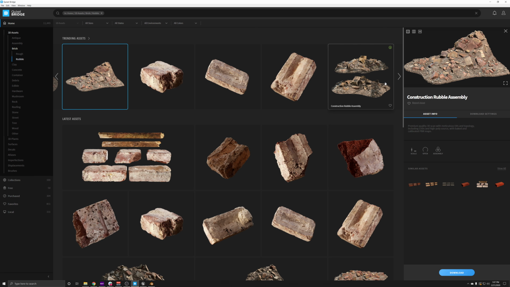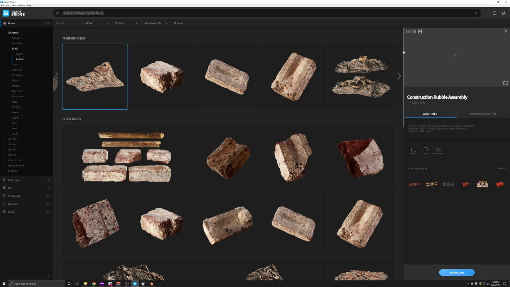And then once we select it, we have the preview panel here that pops out on the right that you're probably used to. This preview panel hasn't really changed a whole lot, but it has been way more efficient and works a whole lot better, especially with the 3D experience, which we'll cover in just a little bit.